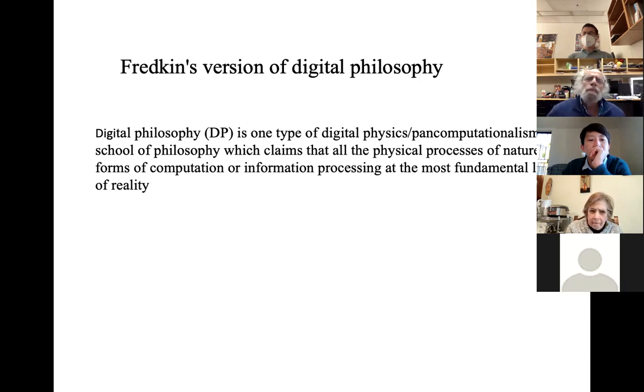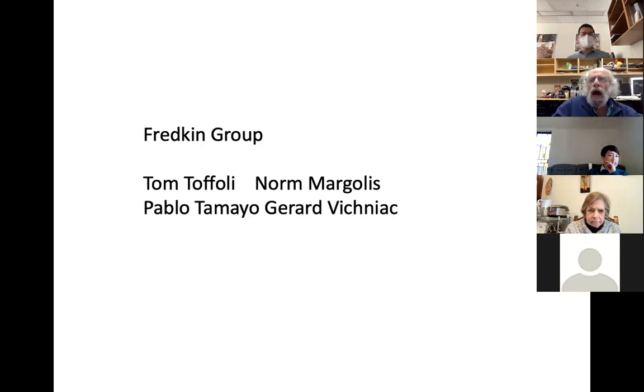And this was taken up by Fredkin, who designed a philosophy called digital philosophy. And digital philosophy is one type of digital physics. It's pan-computationalism, a school of philosophy which claims that all physical processes of nature are forms of computation or information processing at the most fundamental level of reality. And I joined the Fredkin group in 1985 or 86. And I worked with Tom Toffoli and Norm Margolus, and Pablo Tamayo was a brilliant graduate student, and Gerard Vichniac,